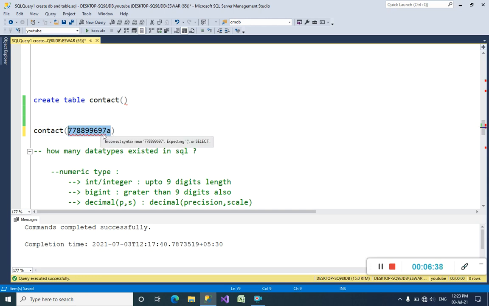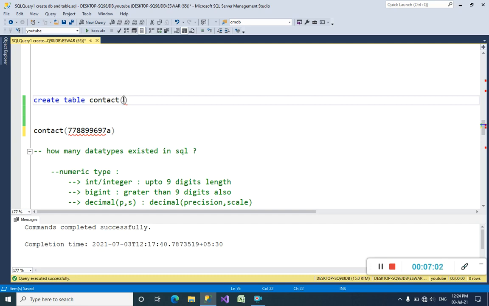This is not having any meaning, right? Because when you want to insert a mobile number, it must be a number. Otherwise, how can you insert characters as a number inside contacts? That's why we have to mention column names and column data types first when creating a table.